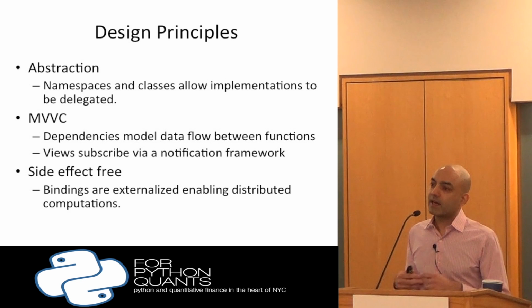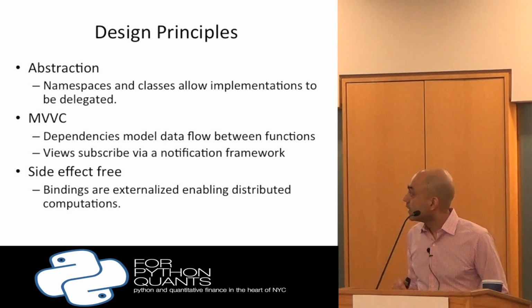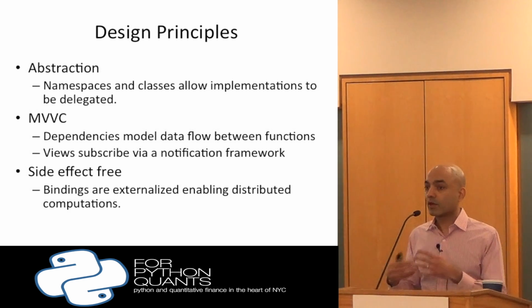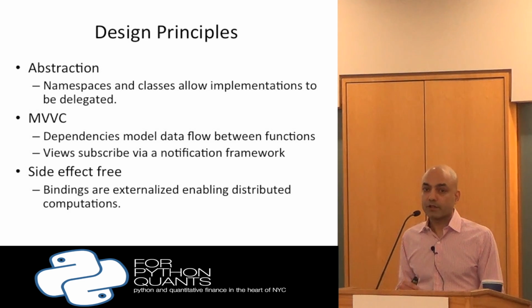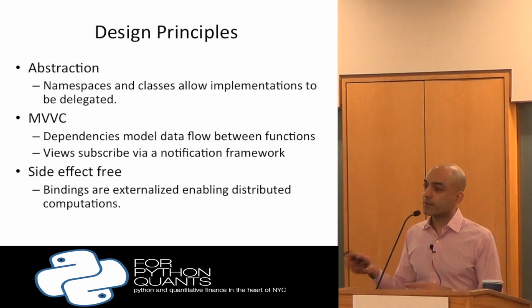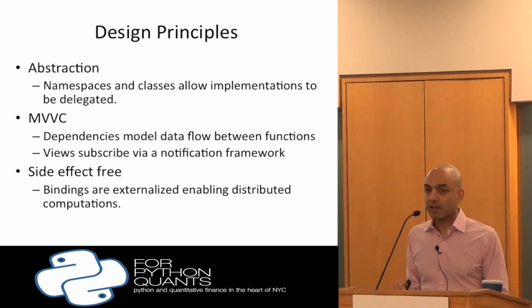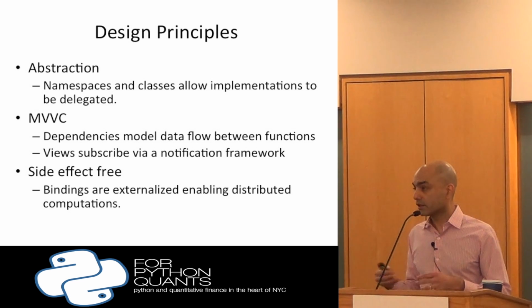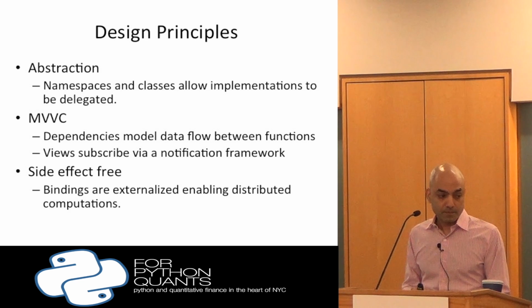And of course, since we have a real object-oriented language here, we get the benefit of abstraction. We have classes. So for example, you can override certain functions and change behavior, et cetera. So very convenient. You can delegate implementations, et cetera. And we also have a notion of namespaces. Again, think about Excel, you have a named range, very useful, right? But we'll take that a little bit further and have these things bind to a database, essentially, or a file system, or whatever you like.